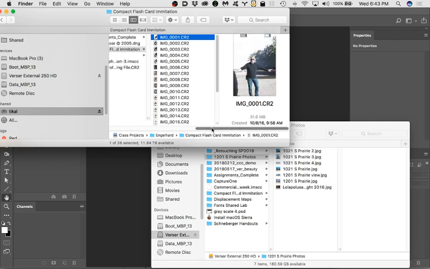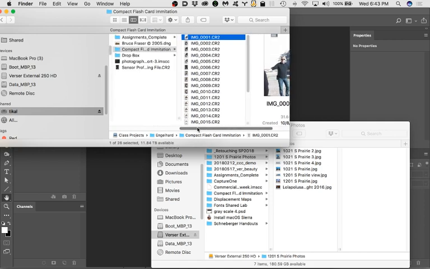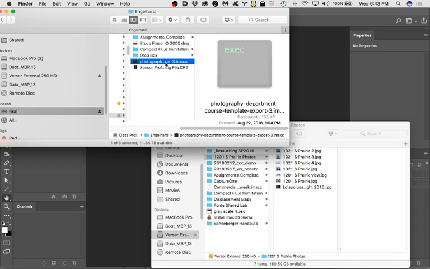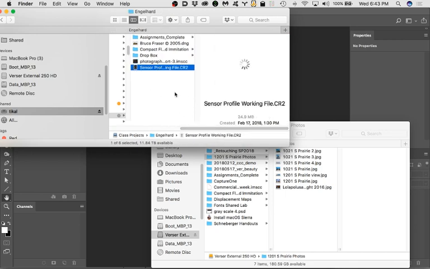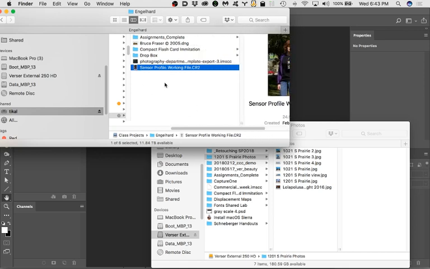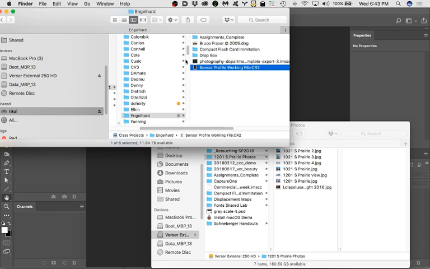Let me see what's on this first file. Oh, dang it. My Photoshop does not look right. Can you guys still find the sensor profile CR2 file? Oh, wait, don't use that one, because people couldn't copy that. They couldn't get it off the other one. No, people have been trying to copy stuff off of this server and they can't get it to copy. So,